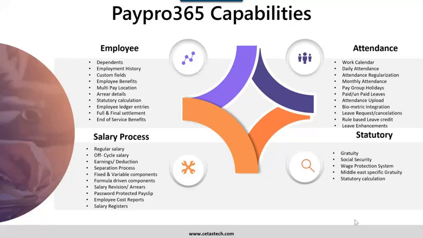Then I could send my payslip via email, which is password protected. So when you open it as a PDF, you could have a unique password defined, which could be a date of birth or some unique number, with which only you will be able to open the payslip.